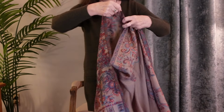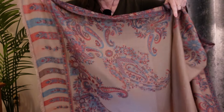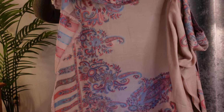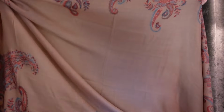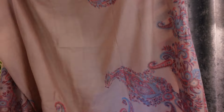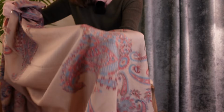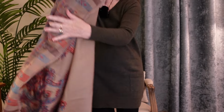Oh goodness, I mean, look at this. This is stunning. It is absolutely stunning. Truly, things like this take my breath away. They really do. And it isn't a huge shawl, which is brilliant. This is such a versatile piece to own, you know. And just the design, I mean, look at that. The colours, I mean, are just...